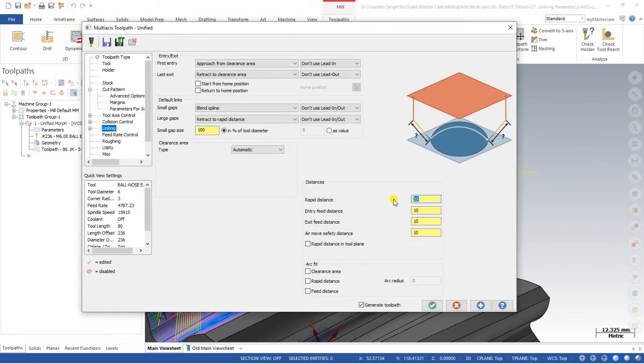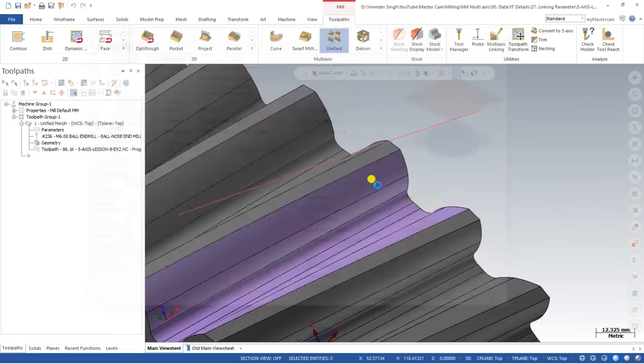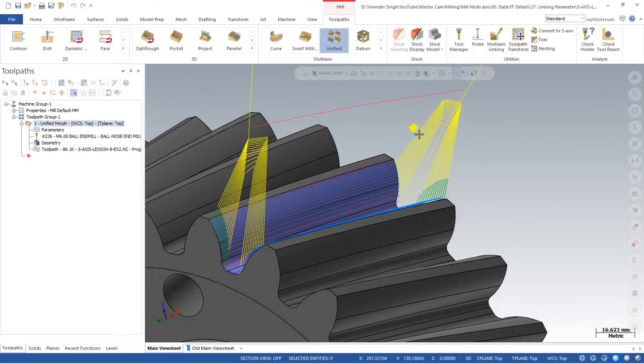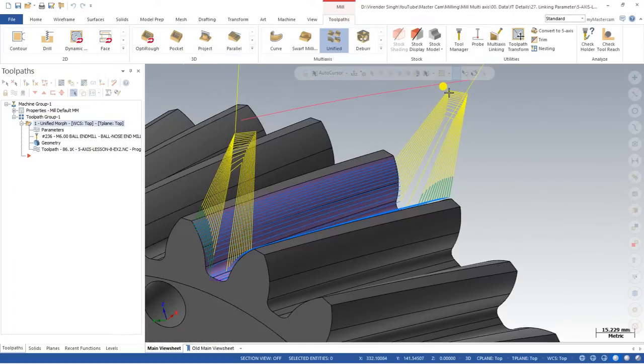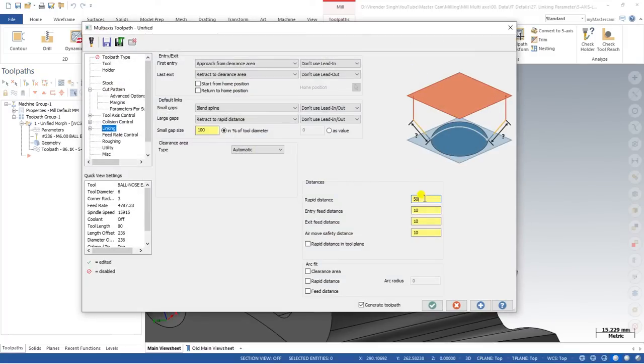If I make this value 50 mm, so what is happening? The tool has to lift till 50 mm. From this point to the 50 mm, again it is going to retract like that. So each time it has to lift like this. Generally we consider this as 20 mm. So if sometimes it is required to lift in this format, at that time we use retract to the